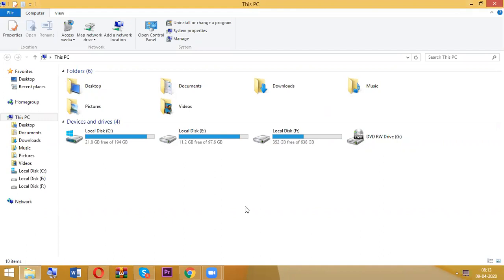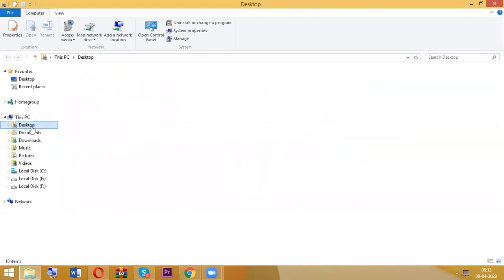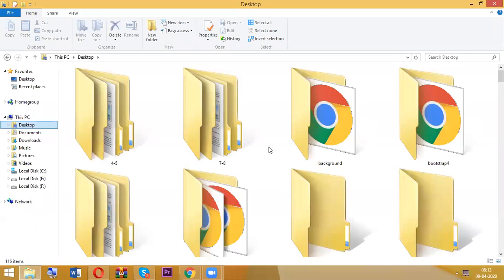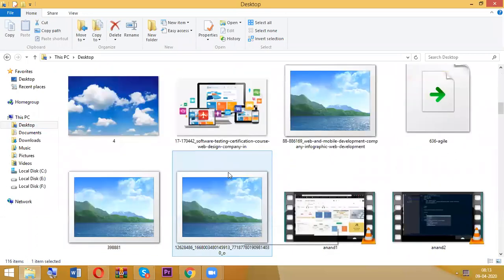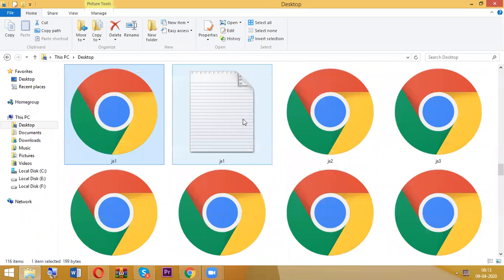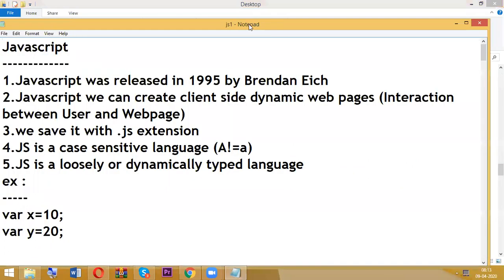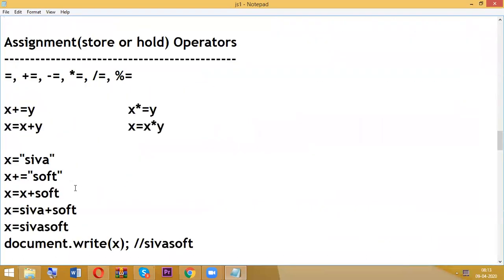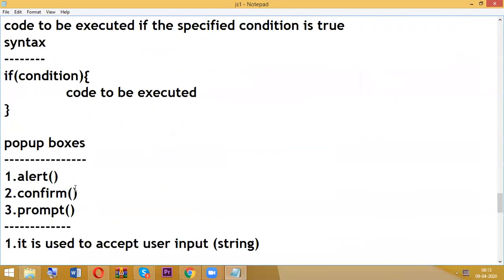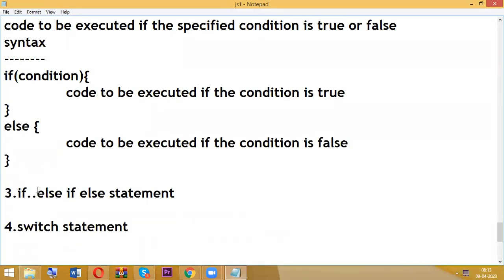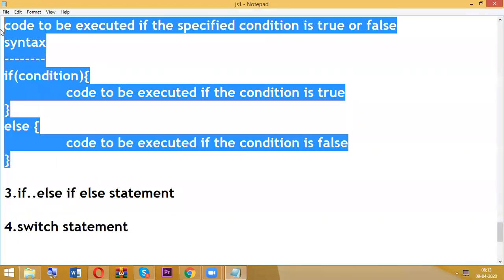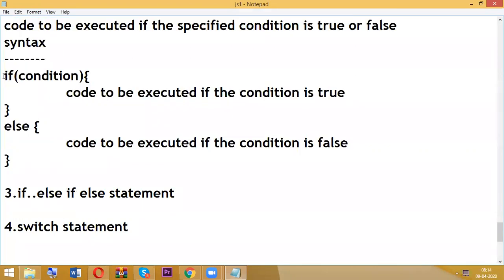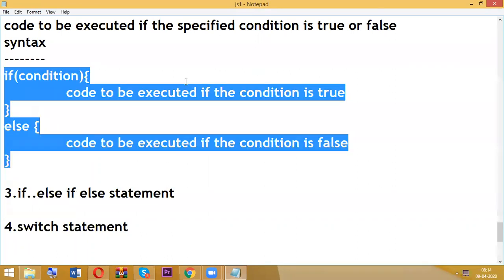Okay, so in the last class we discussed up to if else. Up to here we discussed, but even this one I showed with a confirm example.